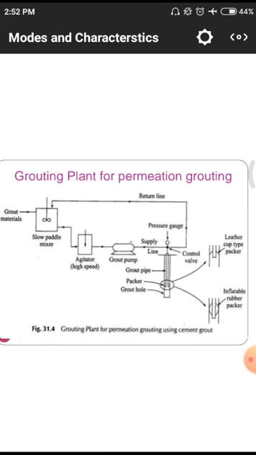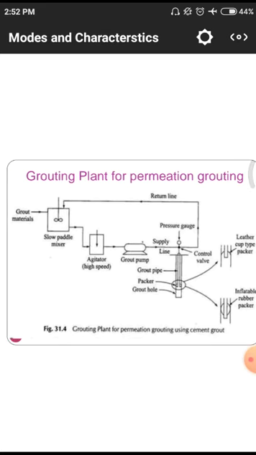And what is the process involved in this permeation grouting? From top to bottom we have to observe. First one is the grouting materials are simply injected into a tank. The tank consists of some blades with the help of motors, so that they will mix these contents, and after that they feed these mixed materials into an agitator, and the agitator will feed that mixed content into a grout pump, and the grout pump will directly supply those mixed contents into the supply line and a major pipeline.